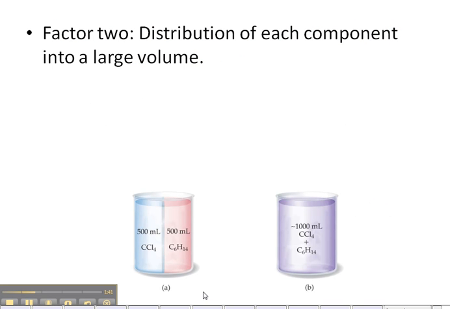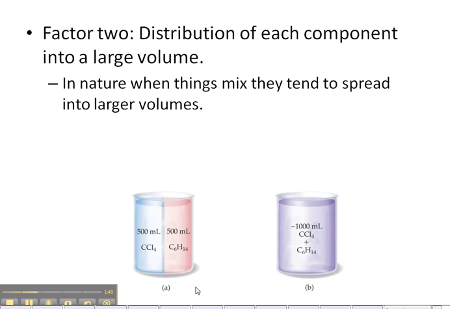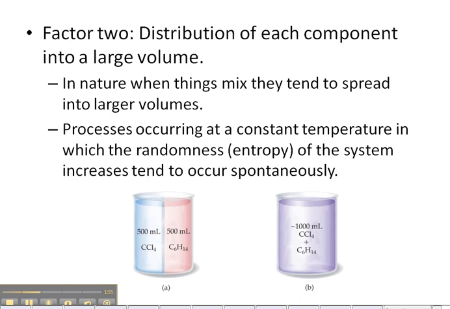Okay, factor 2, distribution of each component into a larger volume. In nature, when things mix, they tend to spread into a larger volume. This process is occurring at a constant temperature in which the randomness, entropy, we're going to get to entropy in a second, of the system increases tend to occur spontaneous. So if entropy increases, it tends to be spontaneous. I want to get back, though, to this